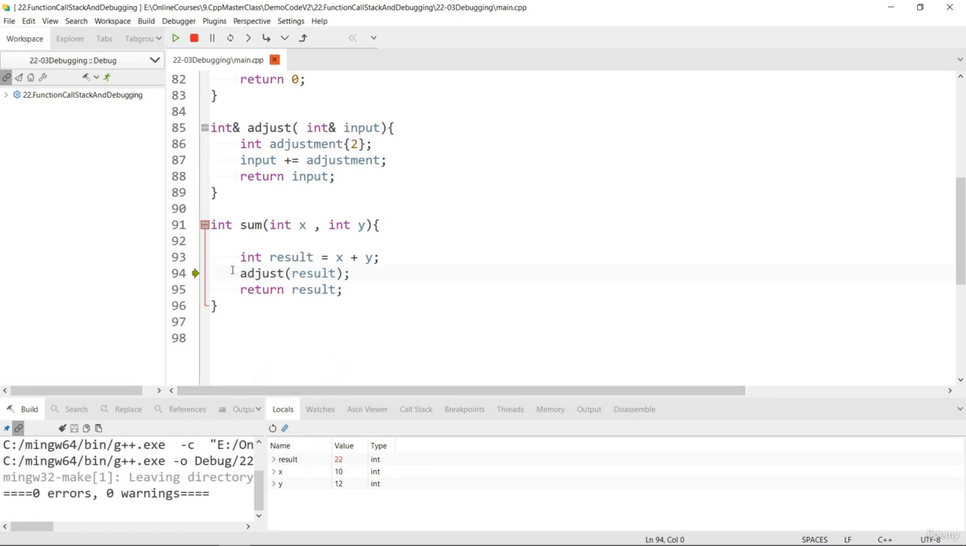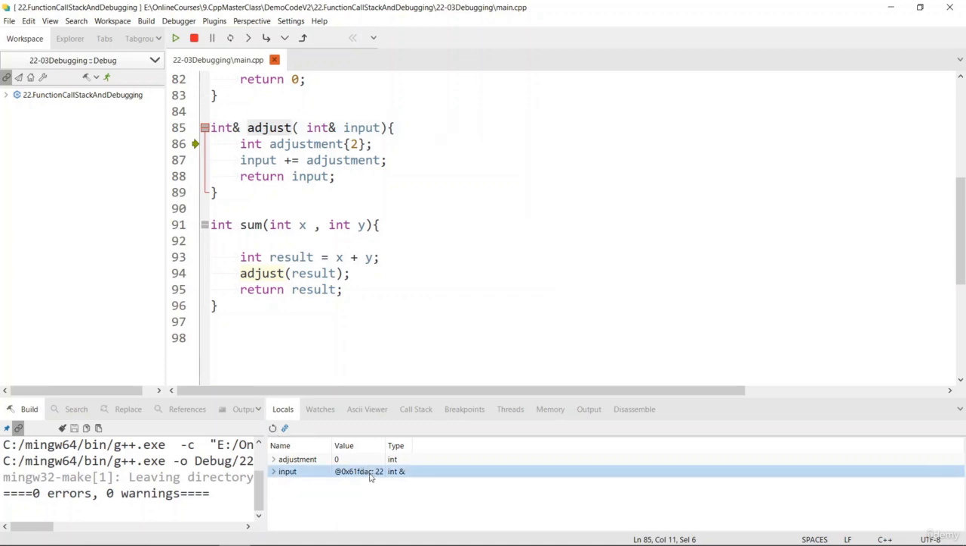Next, we want to step into the adjust function here. So we're going to use the step into button here, and that's going to jump into the adjust function. We can hit next to see the input value change. Let's try and refresh this. We're going to see that the value is 22 in input here, which is a reference to the result we